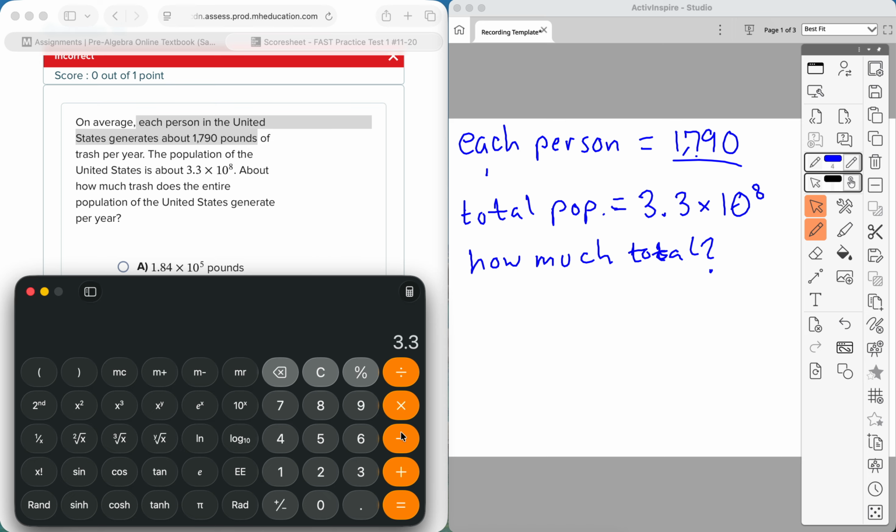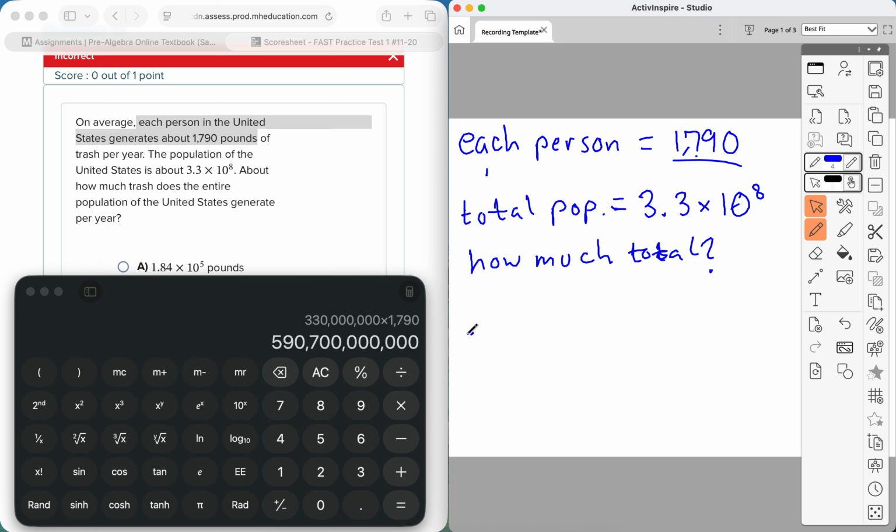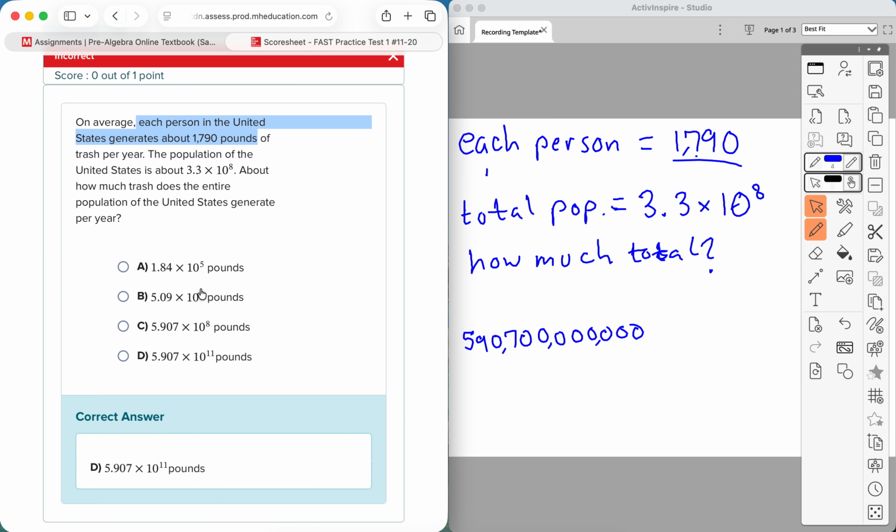So 3.3 times 10 to the power of 8, and we're going to multiply that by 1,790. And that gives me 59,070,000,000. I'm going to put some commas in here to make it more readable. So I think from here you really could just check A, B, C, and D, which ones equal our answer. The actual way of putting this number into scientific notation is,